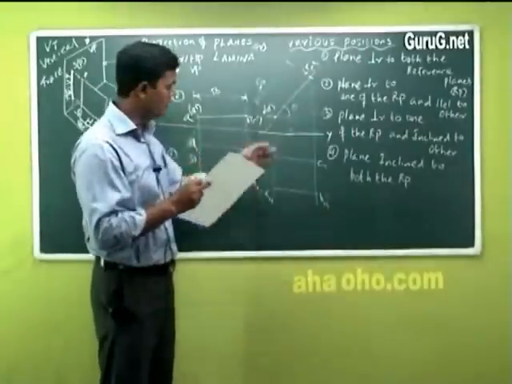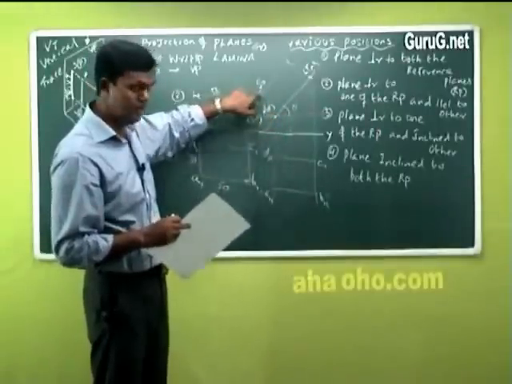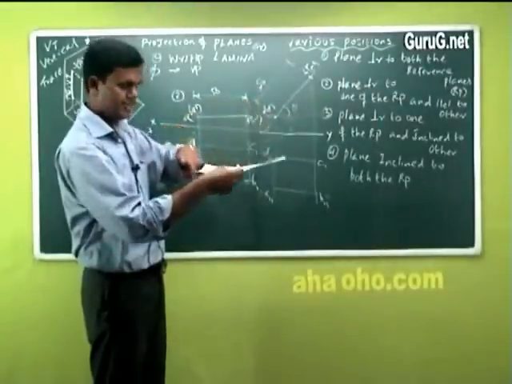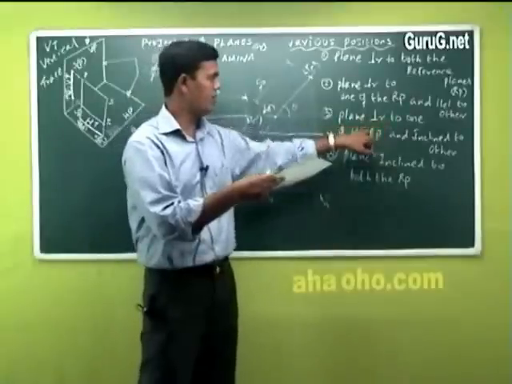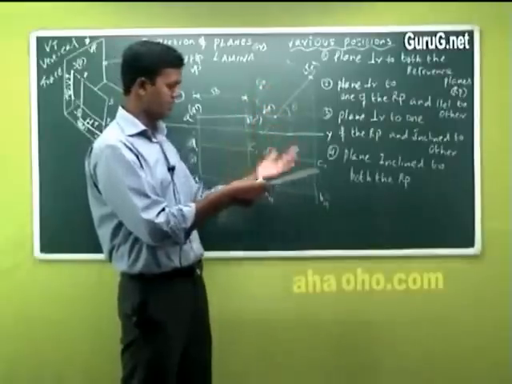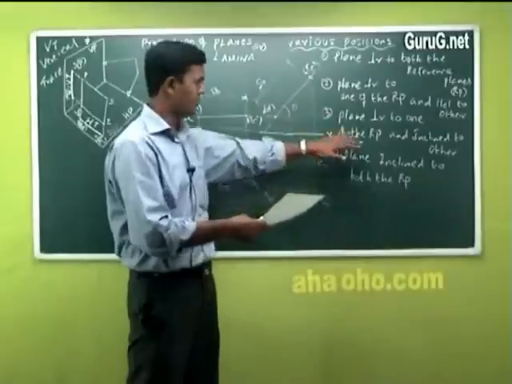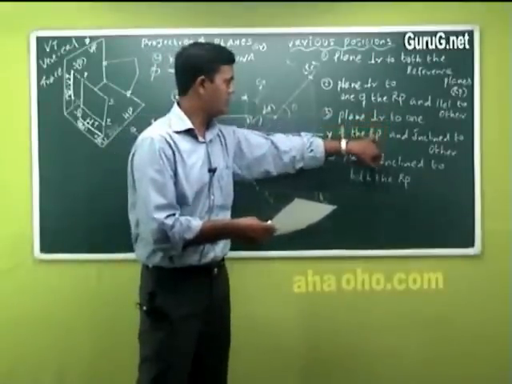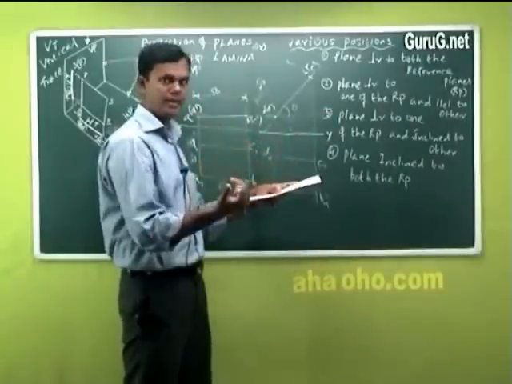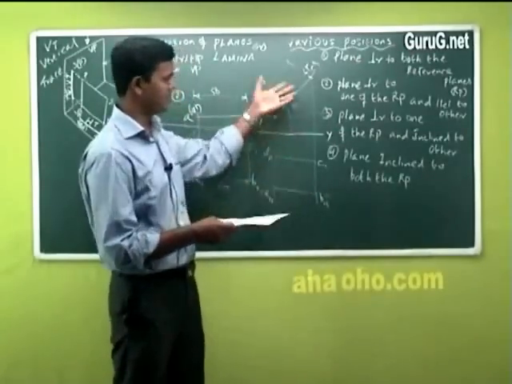Now this option, I can say this is a plane which is perpendicular to VP and parallel to HP, and it is inclined. The seat is kept like that, but the condition to satisfy is perpendicular to one of the reference planes. One of the reference planes is perpendicular to VP, and it is inclined to the other. Inclined to the other is inclined to HP. This is that. Now what could the next option be? The next option for this one, it is perpendicular to one. We made it perpendicular to VP and inclined to HP. On the opposite side, we will make it perpendicular to HP and inclined to VP. That's it. It will be vice versa with this.